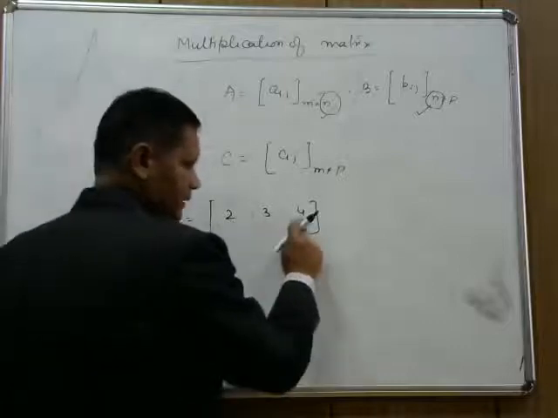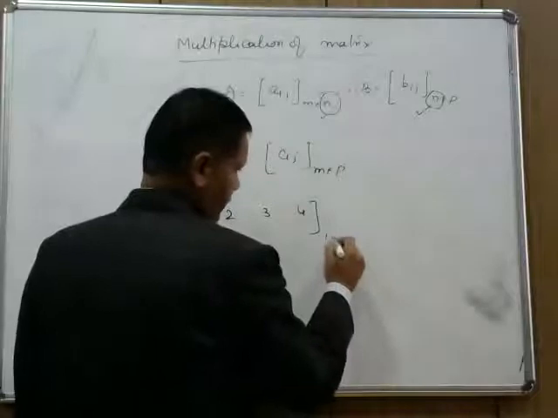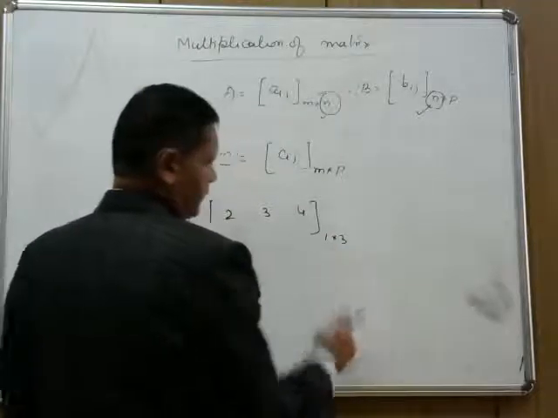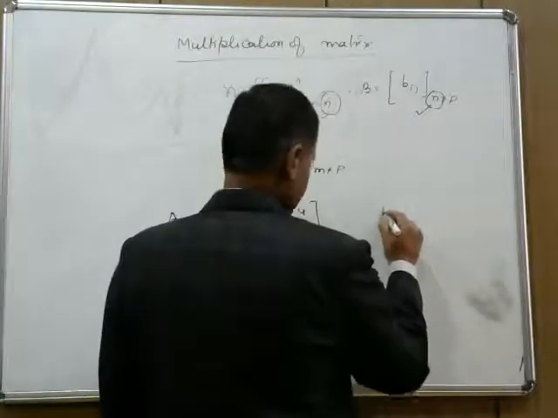How many rows are there? Only one row, right? How many columns are there? 3. So now it is 1 by 3, right? Now if I write another matrix B